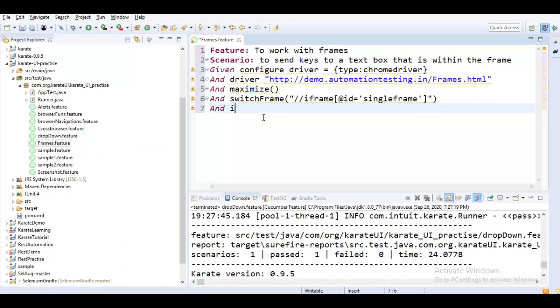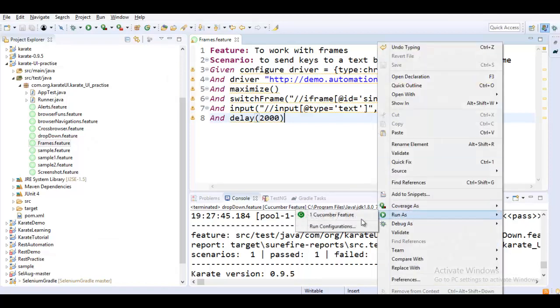Send keys is the method that we use to send keys. We have already seen that, and you need to just pass in some data. So let me send Roger here. And finally, let me put a delay of at least 2 seconds before the browser gets closed so that we can observe what's happening there.